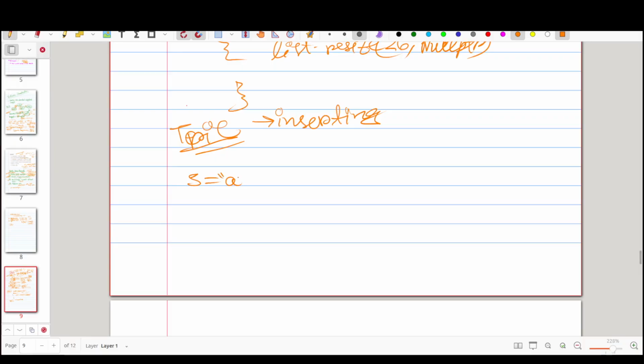Let's again come into the example. Source have, let's say, a b c d e f g h, and target have something like, let's say, c d e e g h h. Okay, so you are in the recursion part. So you will start from over here and over here. So instead of storing in string,